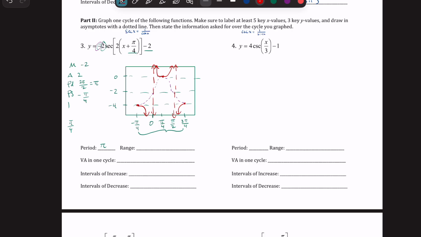So my range would be negative infinity to -4, union 0 to infinity. And the vertical asymptotes in one cycle, so that's just x equals 0 and x equals pi over 4. Cool. Intervals of increase,